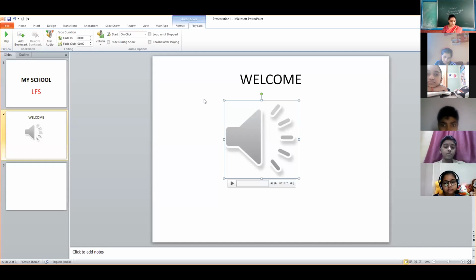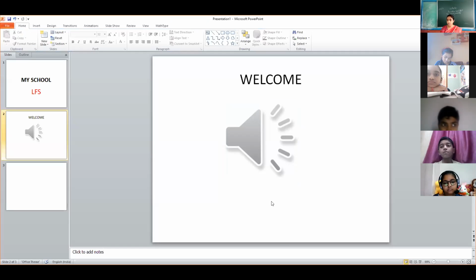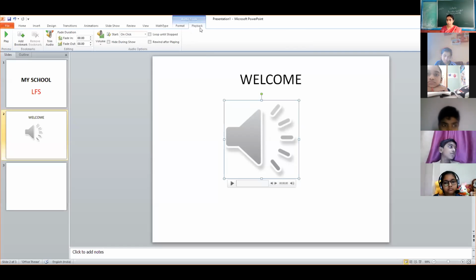Two additional tabs, namely format and playback. You can see here format and playback. Up till earlier these were not there. If I move away from this speaker icon, you can see that both vanish. As soon as I click this, you can see format and playback coming again. It is very clearly written there.